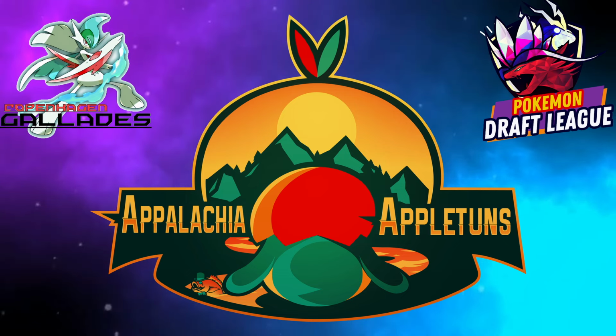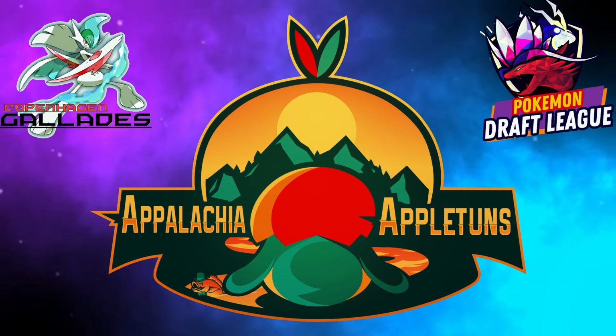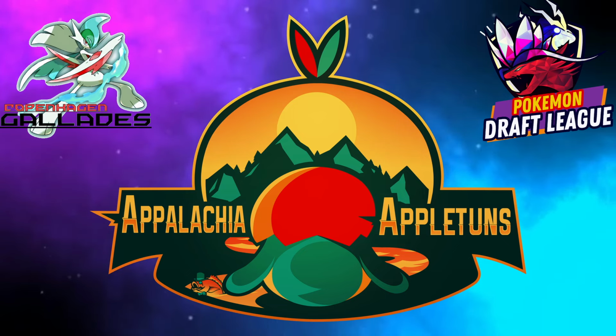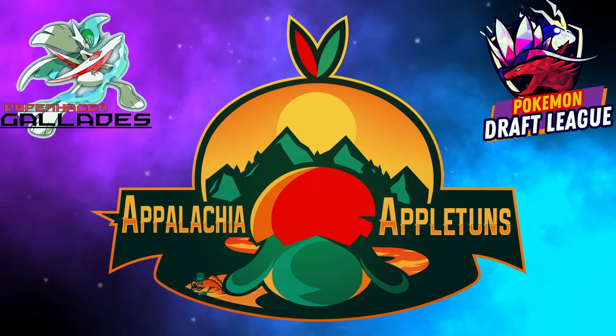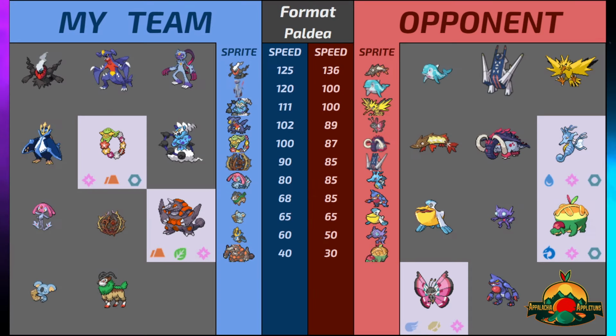But now we're actually facing Dapper Snapper, who's the real coach of the Appalachia Appletons. I still don't know how to pronounce it though. And it is an incredibly scary team. So it is a rain team, and it's one of the better constructed rain teams I've probably seen in Gen 9 so far. It consists of Palafin, Archaludon, Zapdos, Barraskewda, Great Tusk, Kingdra, which is a Terra Captain with Terra Water,